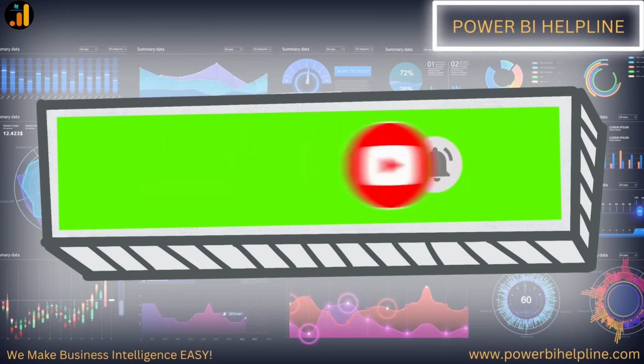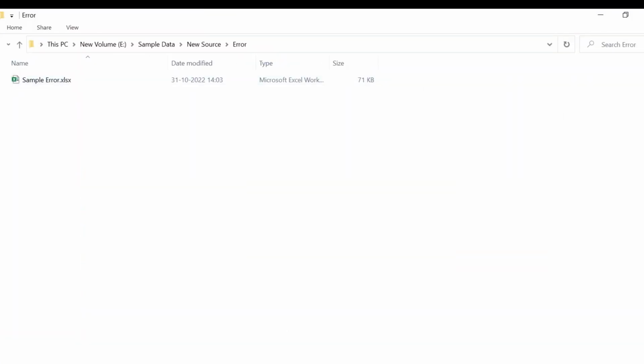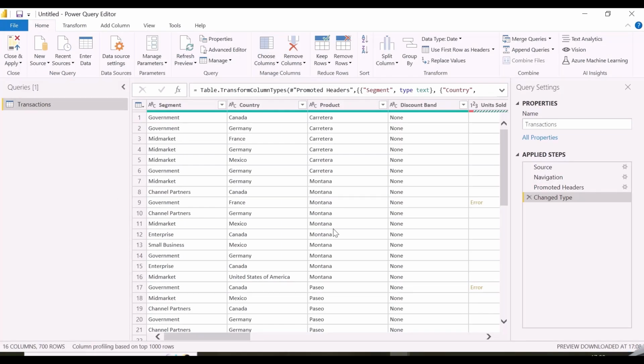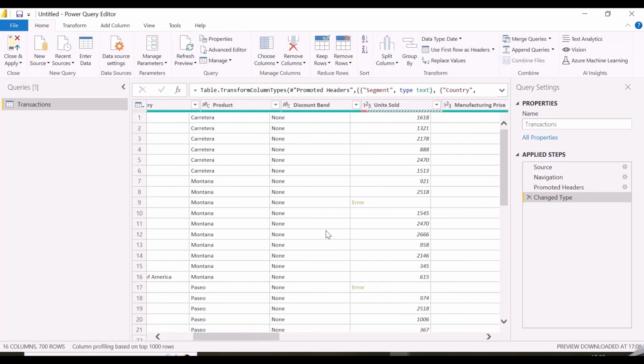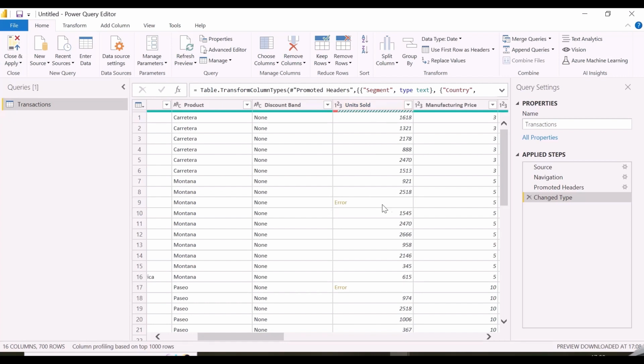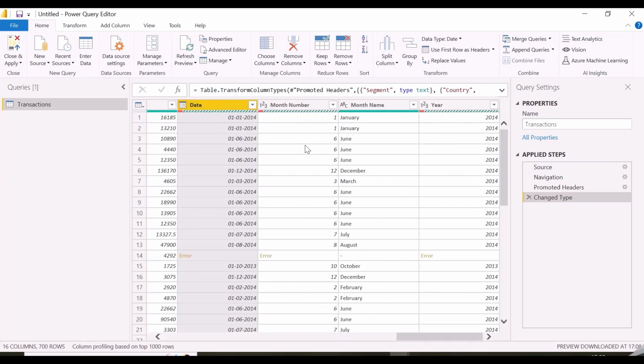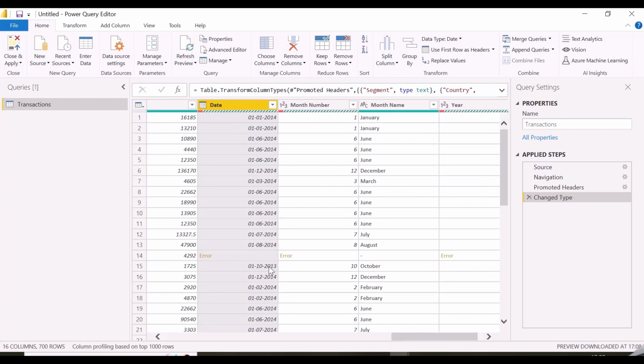Let's check it out. Here I have this sample Excel file, which has some errors, and I imported the same inside my Power BI Desktop. There are errors in the units sold column, and a few other columns contain dates or other data types. We know that Power Query does profiling based on the top 1000 rows. Or we also have the option to change this to the whole dataset, but this is not efficient, and queries will